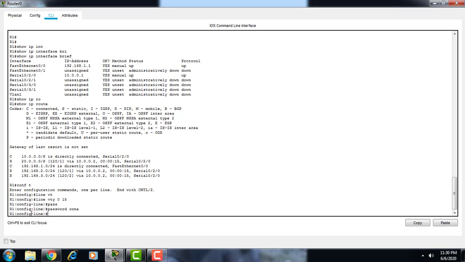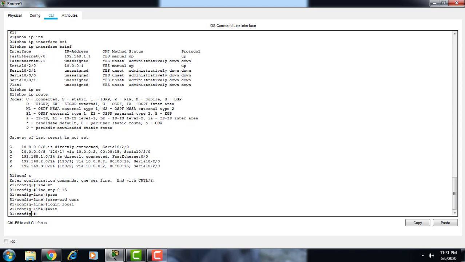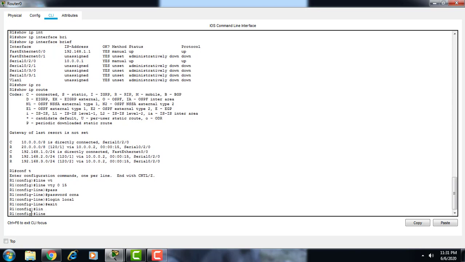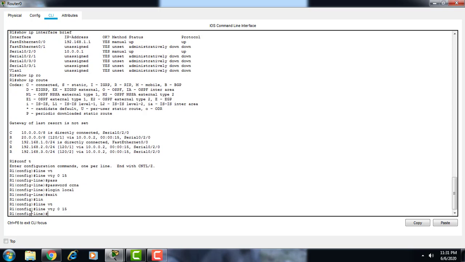Then enter the command login, which we had earlier given in Telnet. Now we have to give the command login local. Exit from this command.